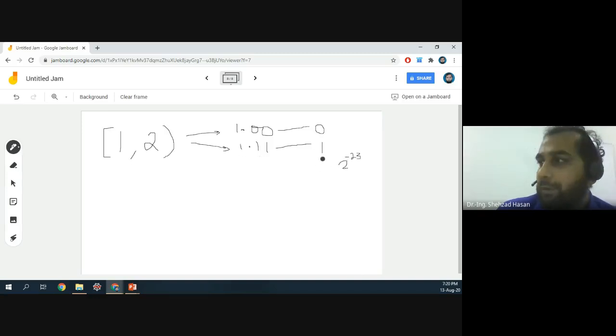Because if you add 2 raised to power minus 23 to this number, what are you going to get? They are all ones, right? So 1 plus 1 would be a 0. There would be a carry, and again you keep on adding until the last time you are going to get 1.10. So this number becomes 2,